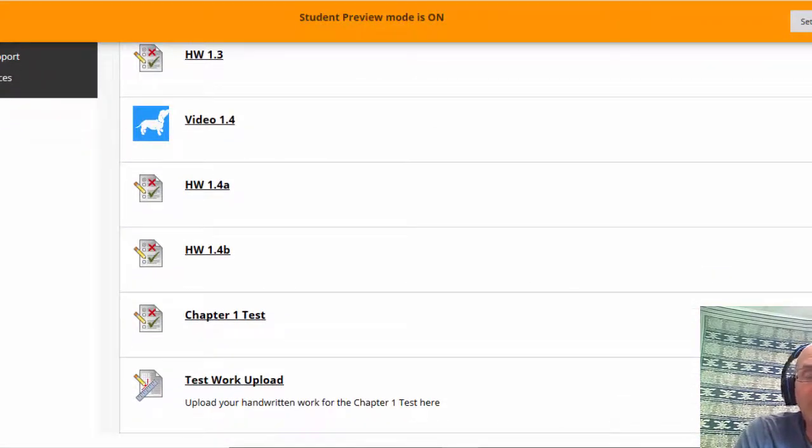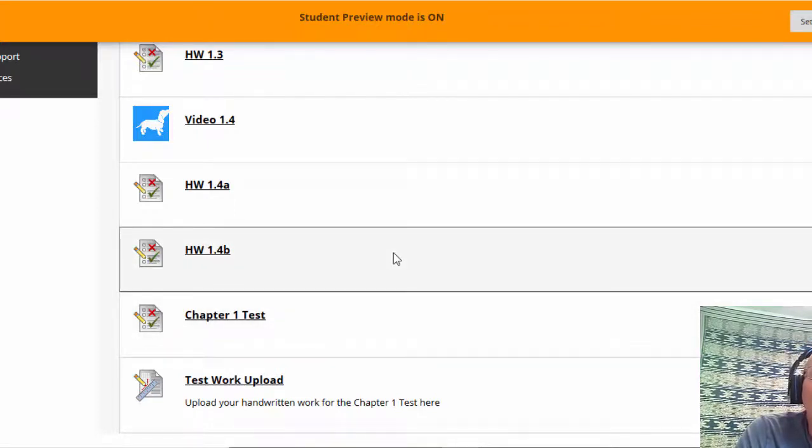Then at the bottom of each section, you'll see there's the Chapter 1 test. And so the Chapter 1 test you'll want to complete. The difference between the test and the homework is that you have multiple attempts at the homework. In fact, you can take a homework problem up to 10 times. However, note that each time you take it, the numbers will change. So you'll need to rework the homework problem if you want to redo that